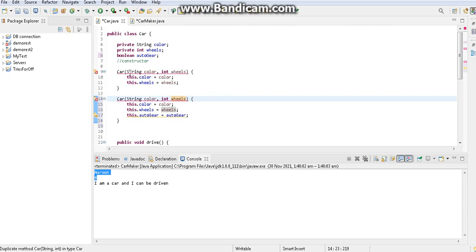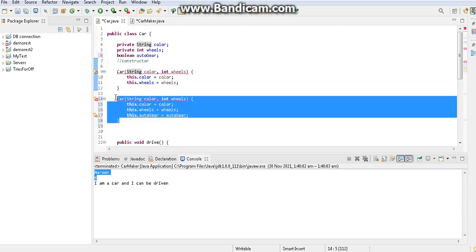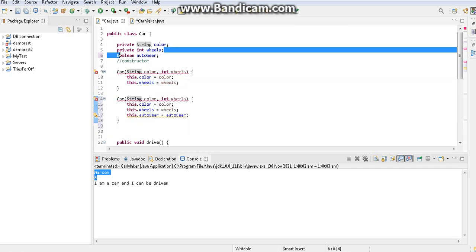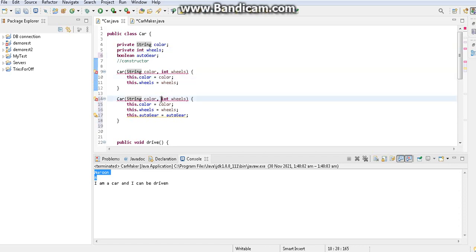You can see, even though the method parameters are two here and here, another thing is similar. What is that? First we have a string and then we have an integer. Yes or no? Yes. Here also first we have a string and then we have an integer. So what I can do is change this. This will not help for our scenario because here we have an integer, but to understand, let's say I'm passing another string value here. Okay guys, just try to understand. String, let's say name, something like that.